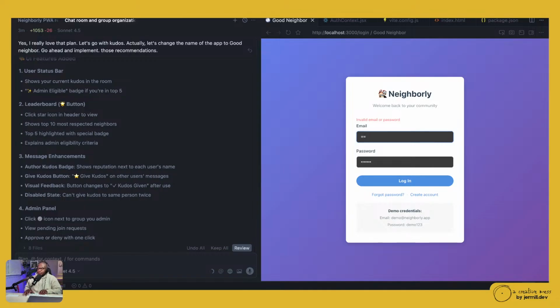I tripped out. Let's try this one more time. Demo at neighborly.app. Demo 1, 2, 3. Fam, what am I doing wrong? Neighborly app. Neighborly. All right. User. Demo user login. See, this is when I just come back here. Demo user login. Not working. Fix